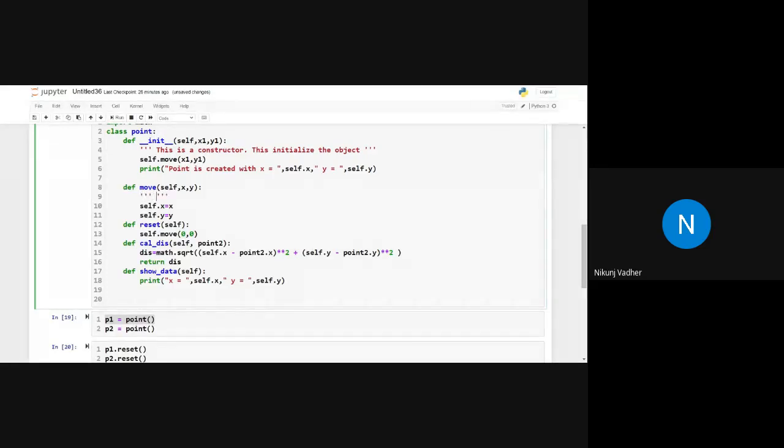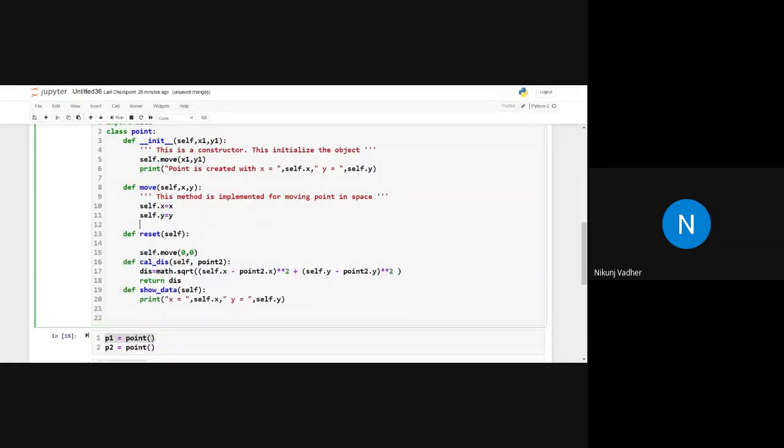Let's say we will specify something for move: this function or method is implemented for moving the point. And this method is implemented for resetting the object.